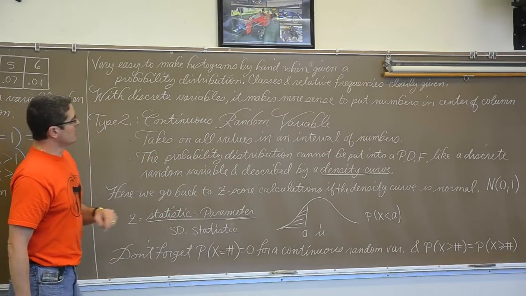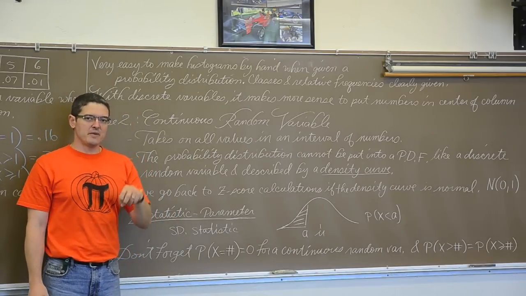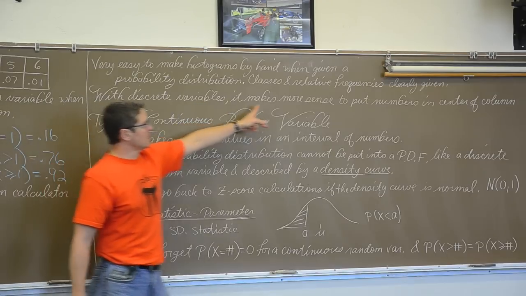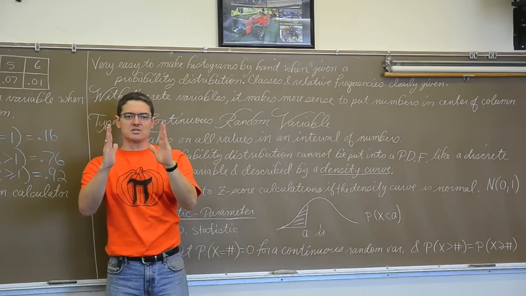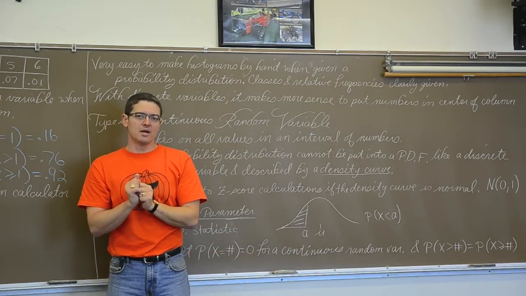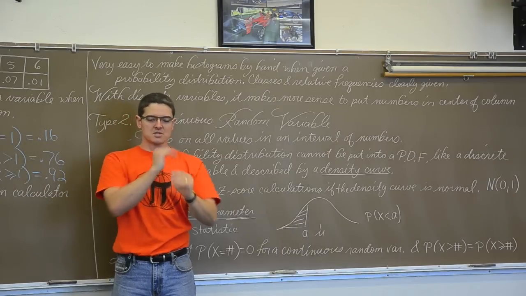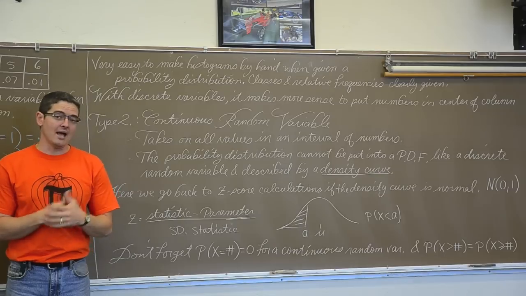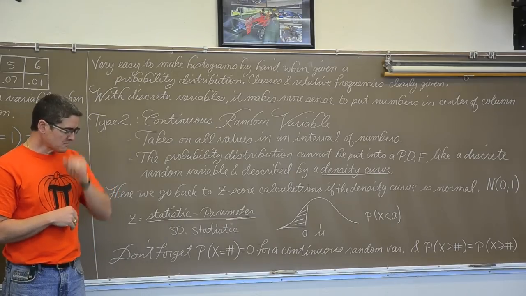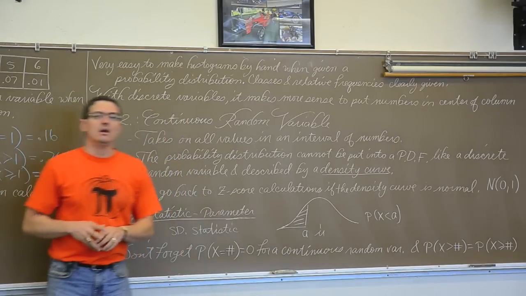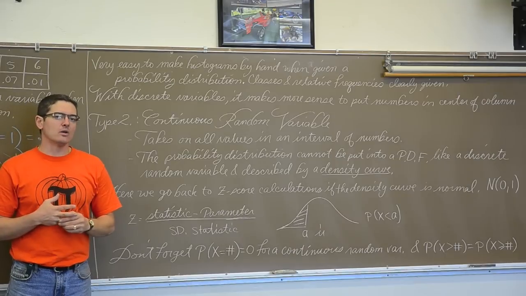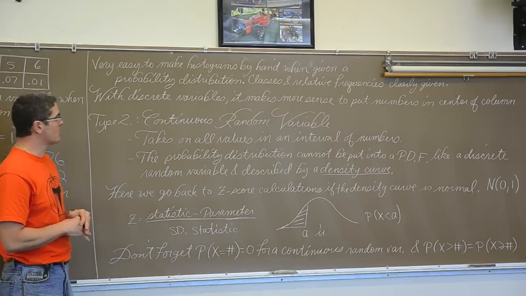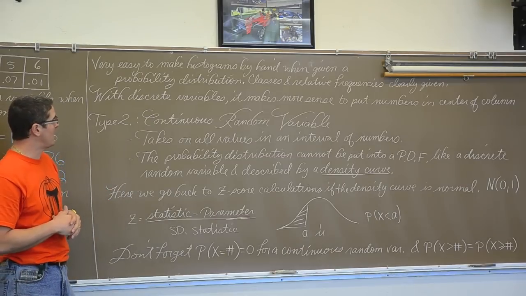With discrete random variables, the x values being nice, clear, concise, individual outcomes, it also makes a little bit more sense to just put those numbers right in the center of the histogram. Normally, our numbers are on the divider lines. So if you've forgotten some of your concepts from very early in the chapter, like how to set up a histogram or how to calculate z-score values, you might want to go back and rewatch those videos as well to remind yourself of how to do these problems. Or, of course, read your book. Hopefully that'll help as well.